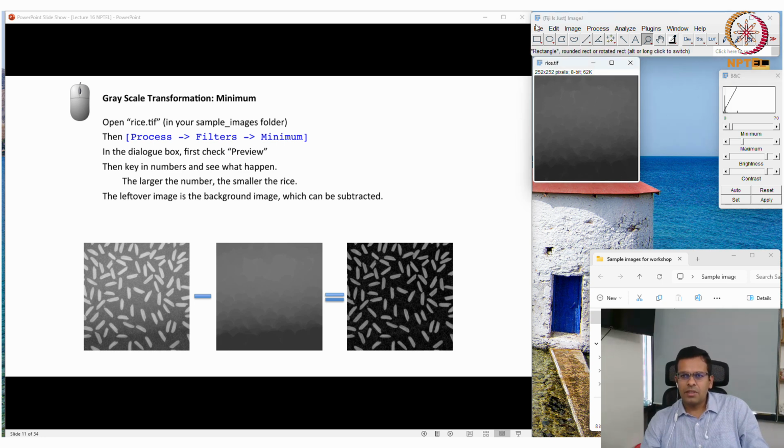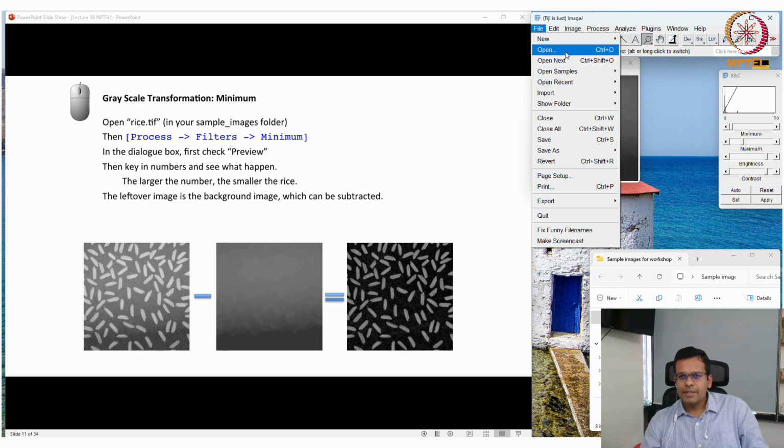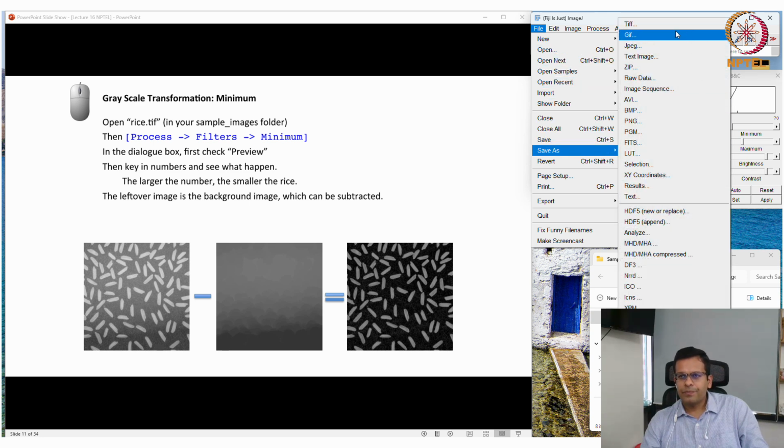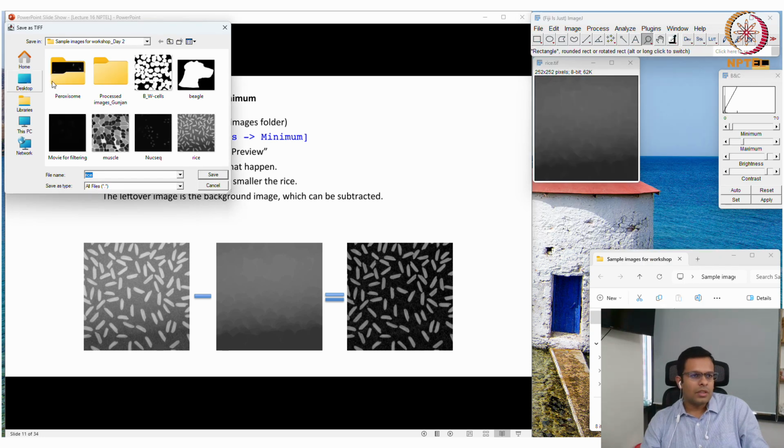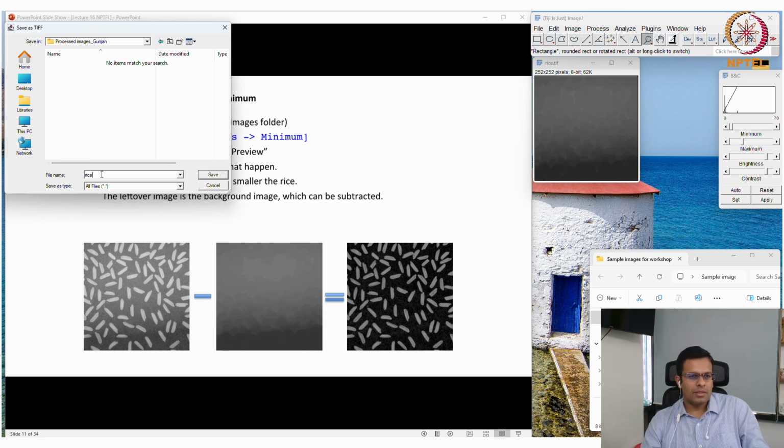I will save this image with File, Save As TIFF, in the processed images folder, as rice image filtered.